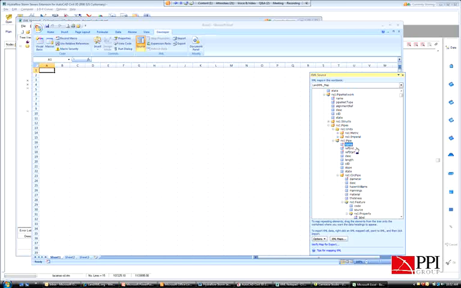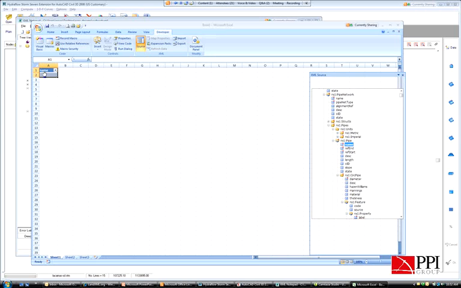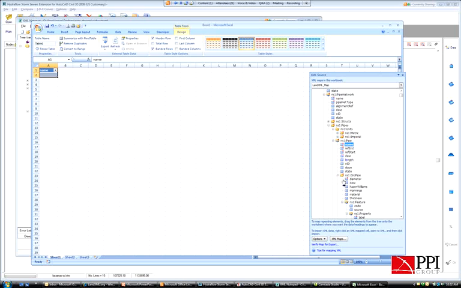And so the way this works is it's basically a drag and drop. And so my pipe name, if I want that in there, if I want to get the diameter in there,